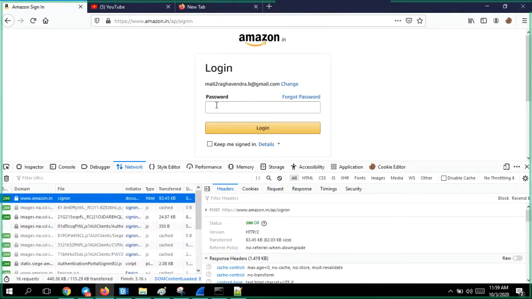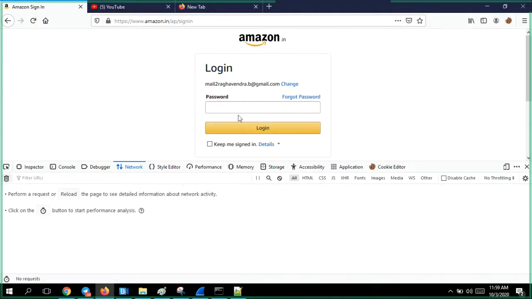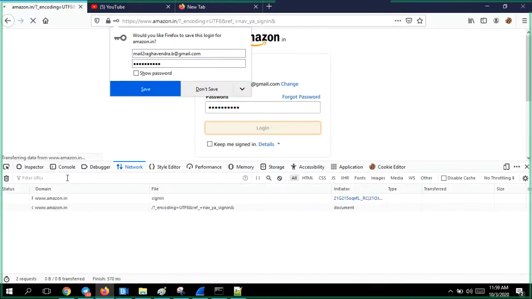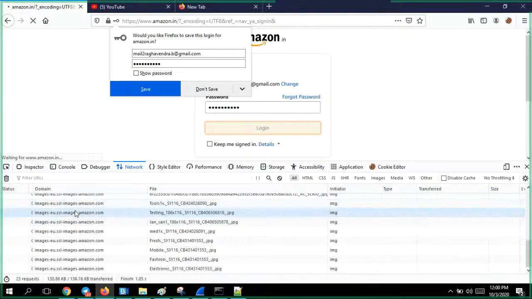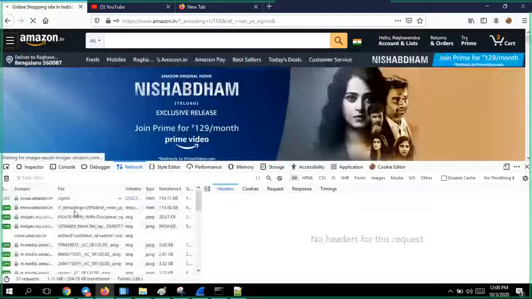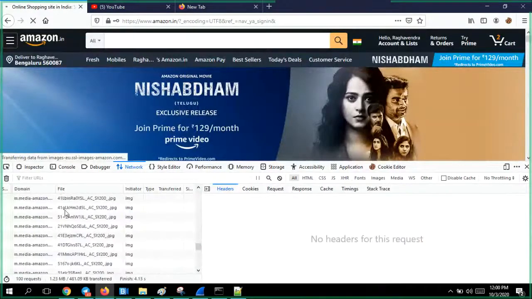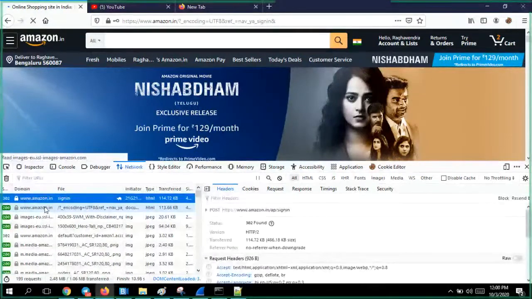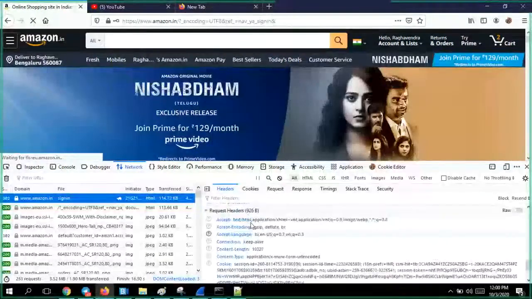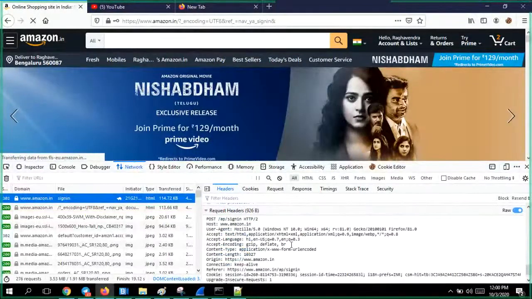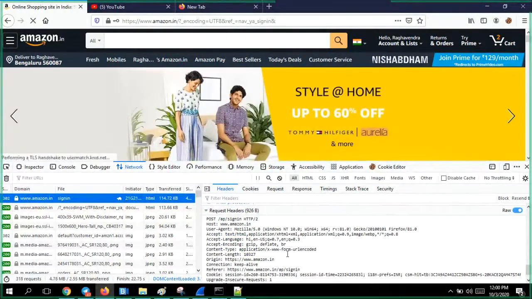Sign in web page, I got something like that. Let me clear this. Let me try to log in. See here, guys. When I clicked on this, this is where it went. Yeah, this is a message. Let me check whether it is correct or not. Whatever I have entered, username and password, from there only I have collected all these things.